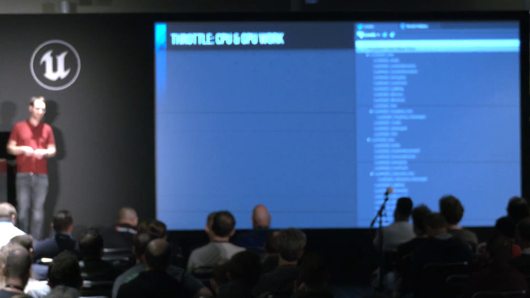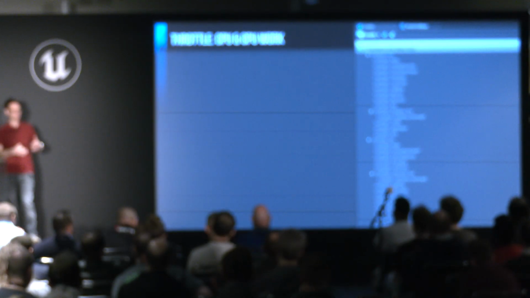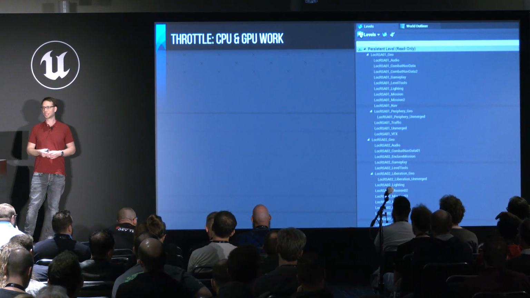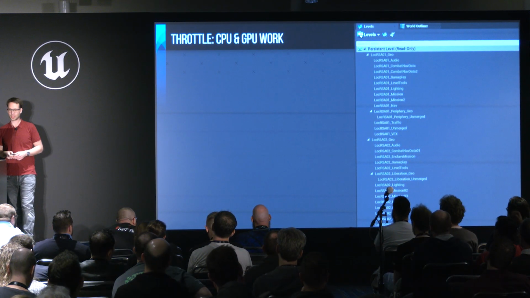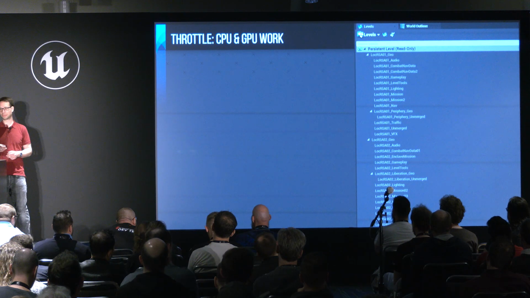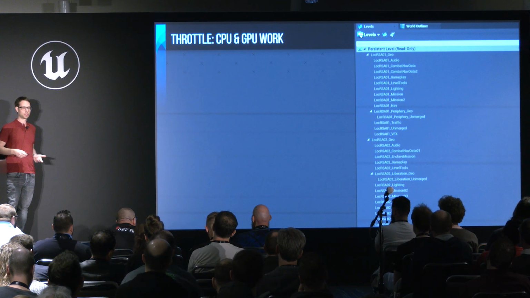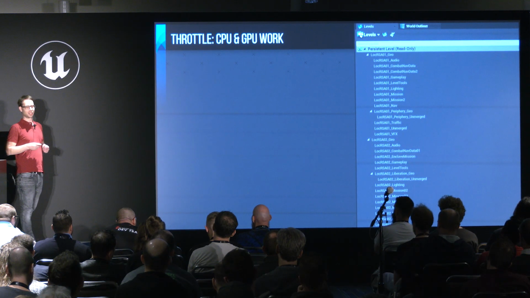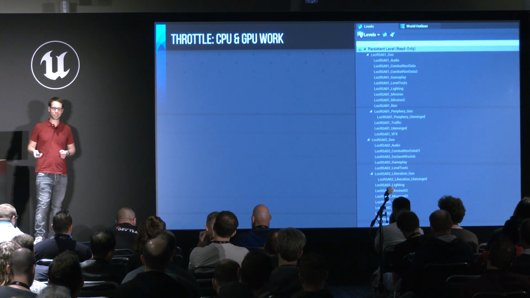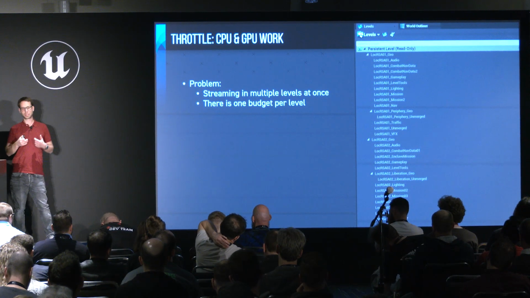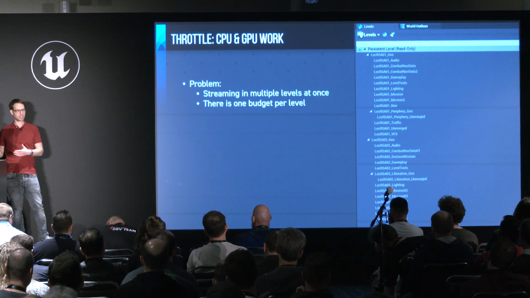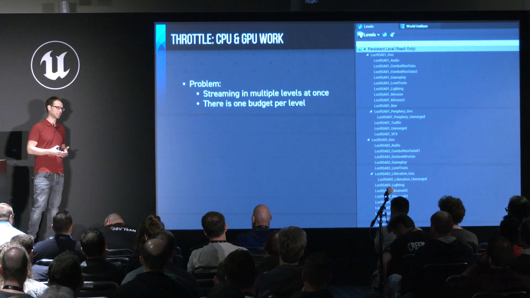So here on the side, you see, for one of the locations, a couple of the levels that are involved with this one location, and you see we have all of these different levels, like for audio, for gameplay, for lighting, for missions, for geometry, lots of different levels. And as I said earlier, the level boundaries might potentially overlap, so we could run into the problem, like with the unloading, that multiple levels would be loaded at the same time.